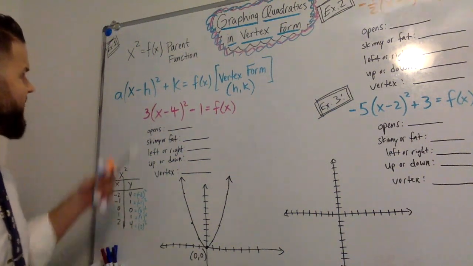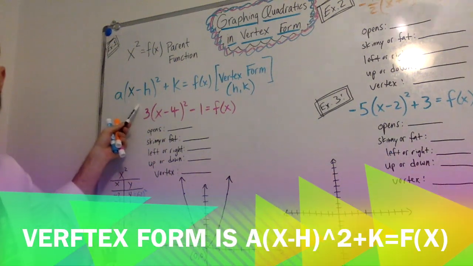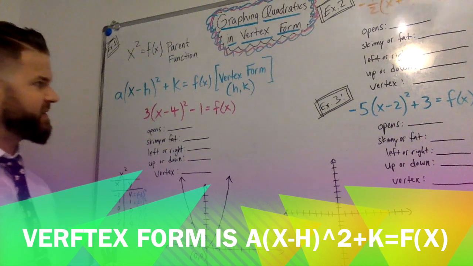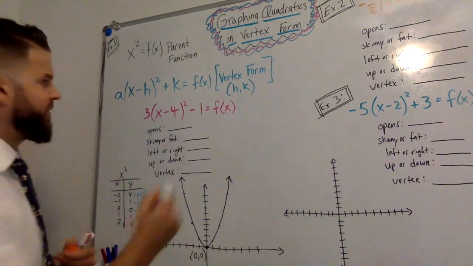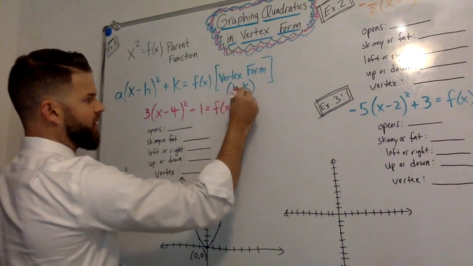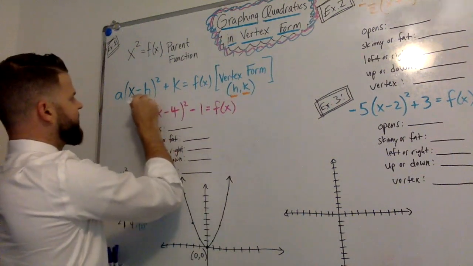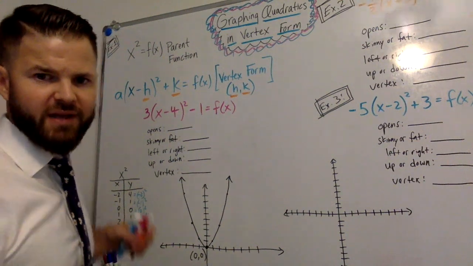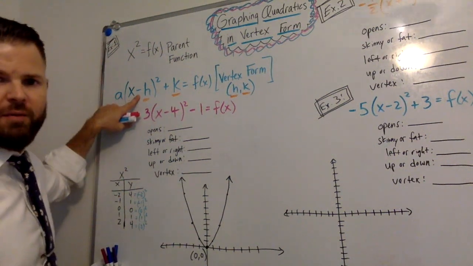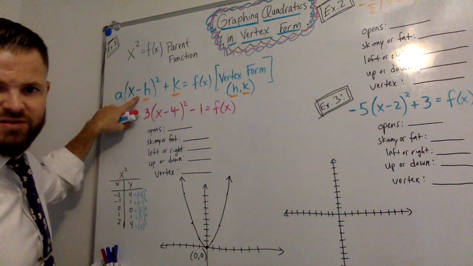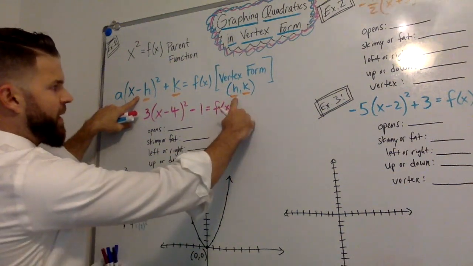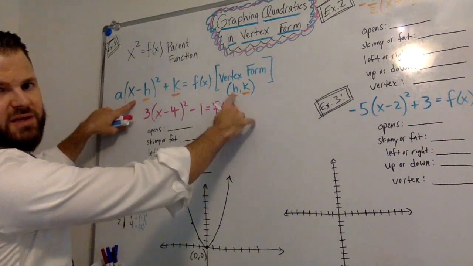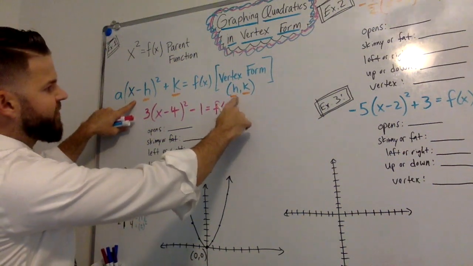But now you're going to have things like this in vertex form, all right? They call it vertex form because the vertex is easily identifiable. Whatever your h and k are, they become your vertex. Now this negative sign right here is built into your template. So if this says x minus 3, your vertex is going to be a positive 3. So whatever this sign is in your parentheses, it's going to be the opposite for the x value of